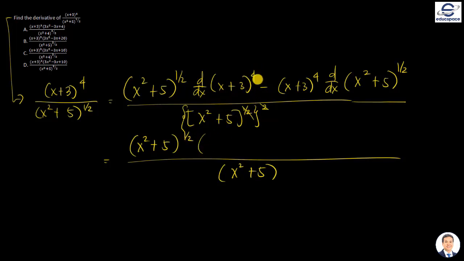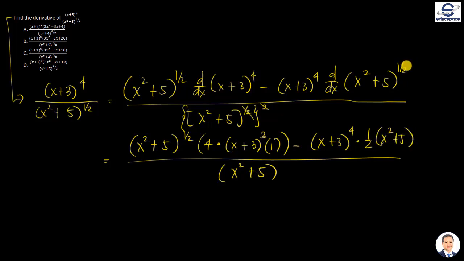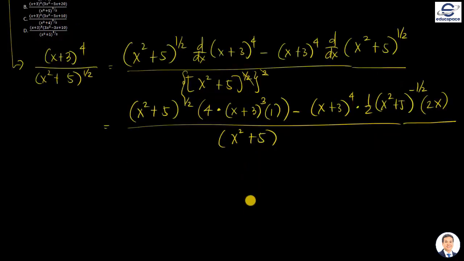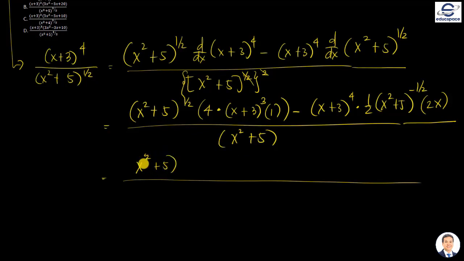so x^2 + 5 again in here raised to 1/2, and the derivative of this is, of course, we take the derivative of the outside as per the chain rule. So we have 4 multiplied by (x + 3)^3, and then we get the derivative of the inside, that is multiplied by 1. So minus the same (x + 3)^4, the derivative of the outside, 1/2 (x^2 + 5). So 1/2 minus 1 is negative 1/2, multiplied by the inside derivative, we have 2x. So we can simplify this further. That is (x^2 + 5)^(1/2) multiplied by 4(x + 3)^3, minus,